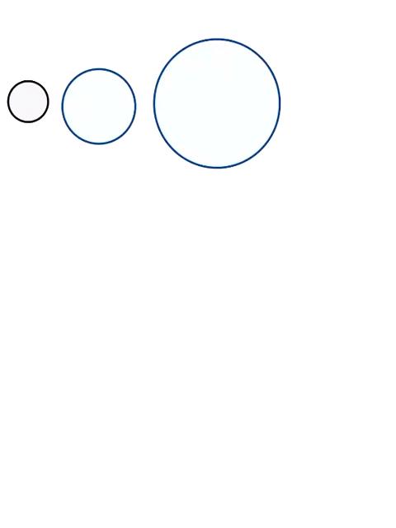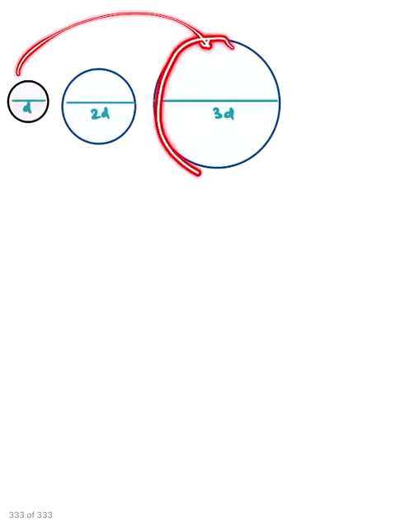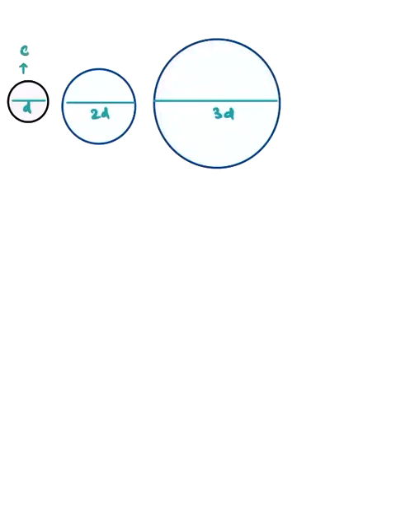Obviously, the larger the diameter, the larger the circle. But what is interesting to note is this: suppose I have a circle with diameter d, then a circle with diameter 2d, and then a circle with diameter 3d. It is noticed that as I double the diameter, the circumference also gets doubled, and when I triple my diameter, the circumference also gets tripled. In other words, if the circumference of the first circle is c, the circumference of the second circle would be 2c, and the third would be 3c.